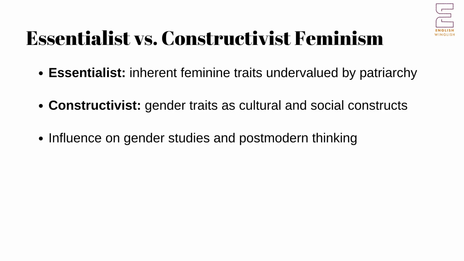Essentialist versus constructivist feminism. Today, feminist theories generally fall into two categories: essentialist and constructivist. Essentialist feminism argues for inherent feminine traits, whether derived from biology, language, or psychology, that have been undervalued, misunderstood, or exploited by a patriarchal culture. These theories focus on sexual difference and politics, often aiming to establish a feminist literary canon or reinterpret literature from a less